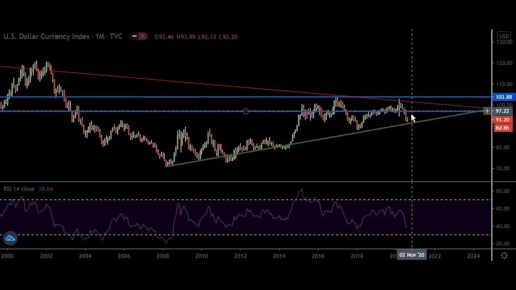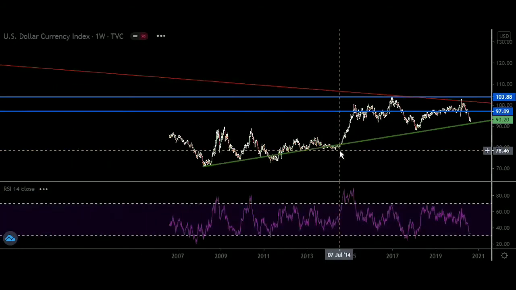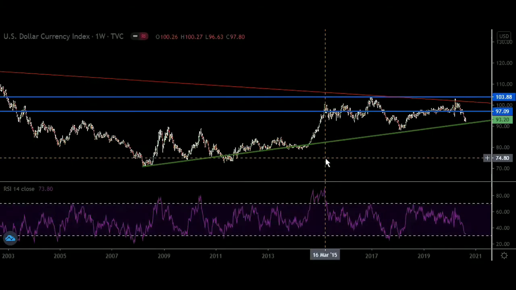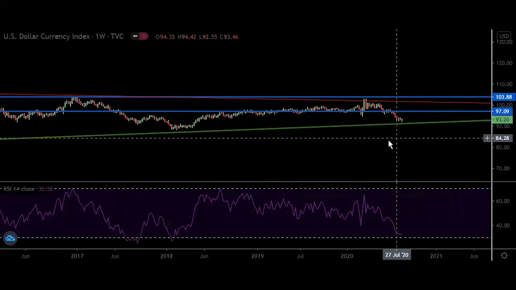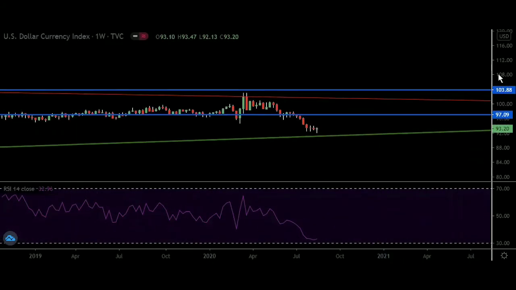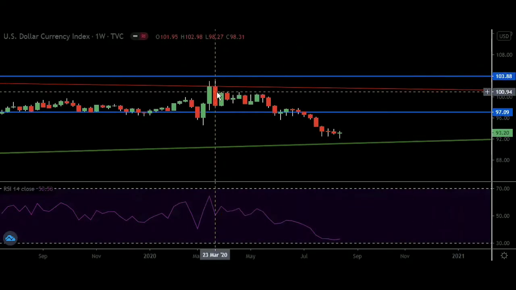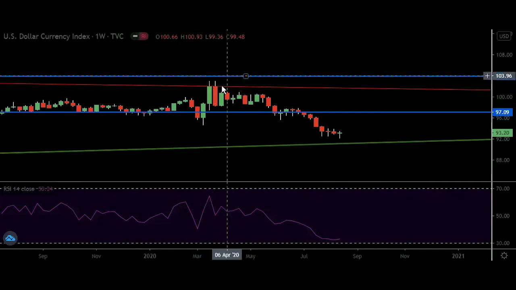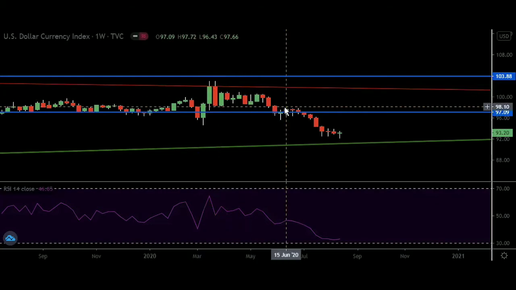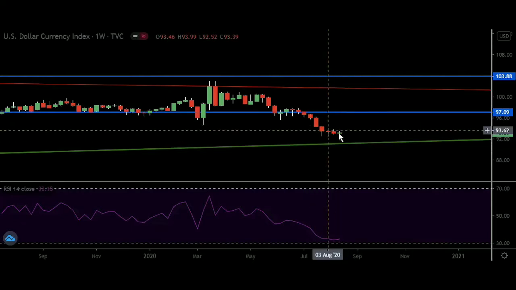Now let us go to weekly chart. Same concept here. You can see that on the weekly chart also it is clearly visible that it is presently on the verge of this trend line. And just look at the candle, my friend. Just look at the candle here. Since March, when it touched the trend line, which is 35 years old, now it started to come down and presently for the last few weeks it has been making small candles, or you can see very small dojis,